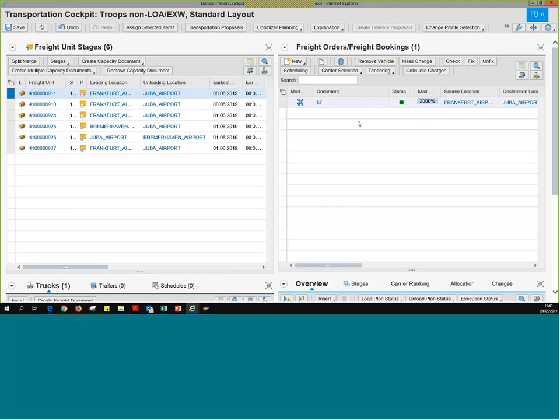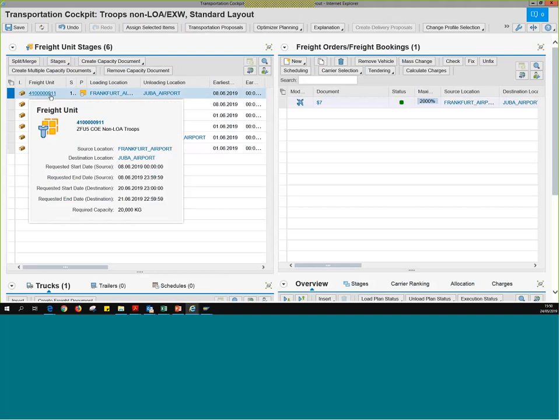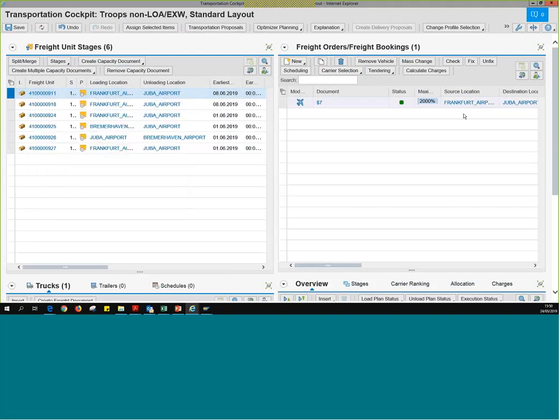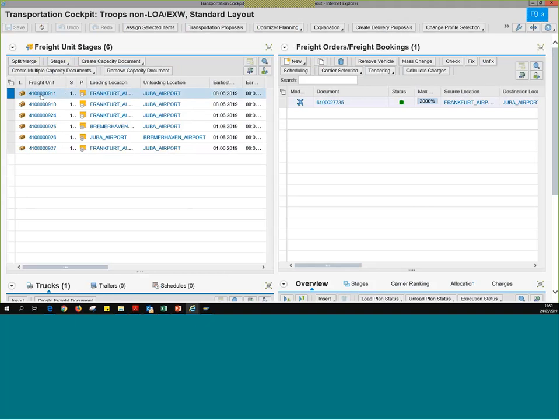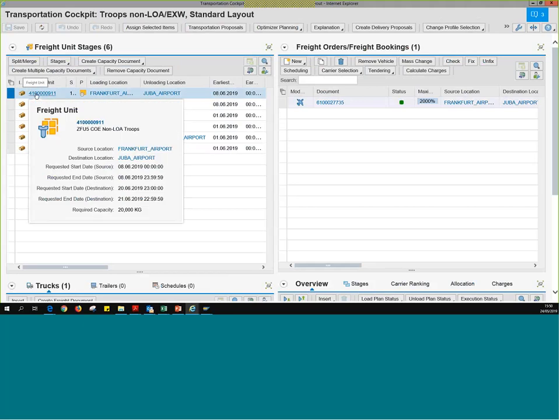Now once I click on Save, that's going to automatically generate these freight orders, and when I go back to, let's say, take a look at this freight unit here, 911, I'm going to be able to see the freight orders generated on it that I couldn't see before. All right, so I'm going to click on Save, and once the system tells me that the data is saved successfully, we can click on the freight unit directly from this screen